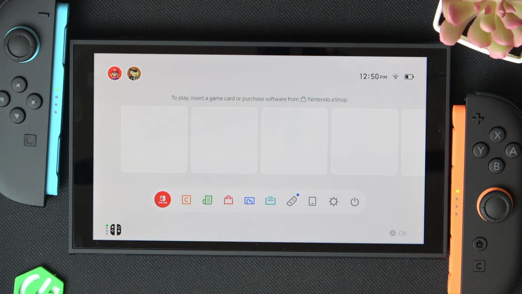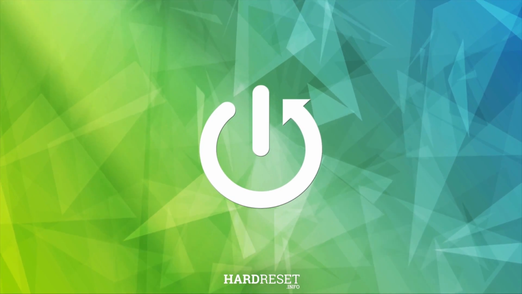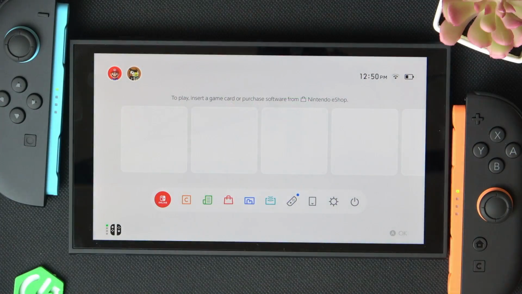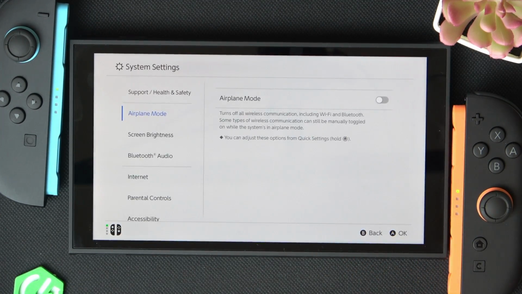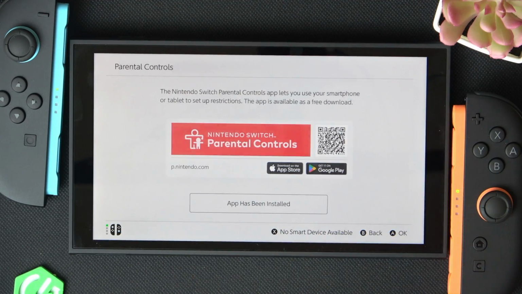Hello, in this video I'm gonna show you how to set up the parental controls on Nintendo Switch 2. To set up parental controls, go to the settings that you can get to from the home screen, then go to parental controls. Now select set up parental controls, and